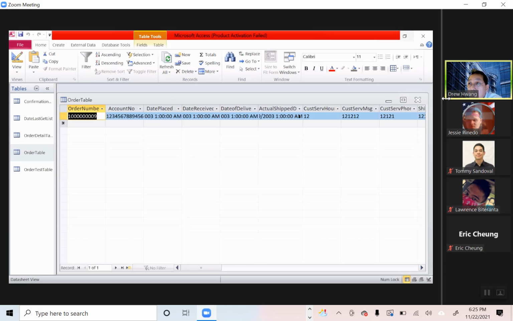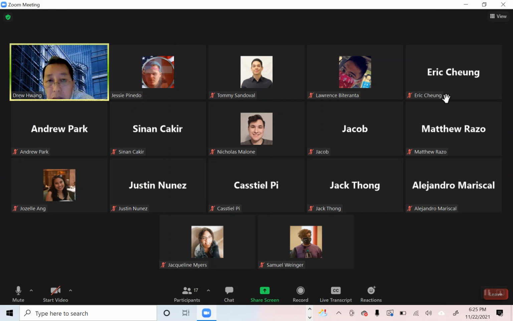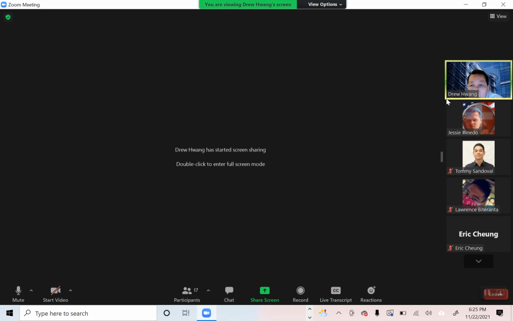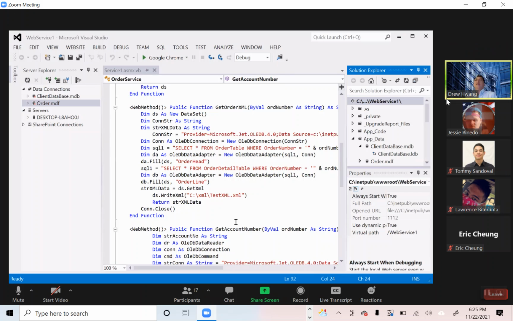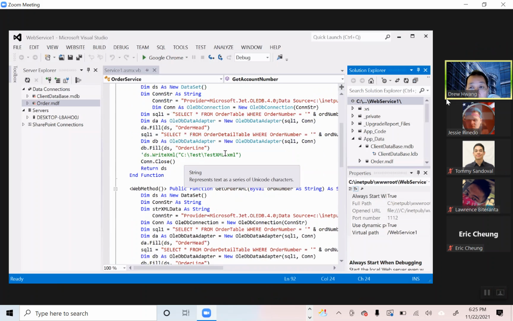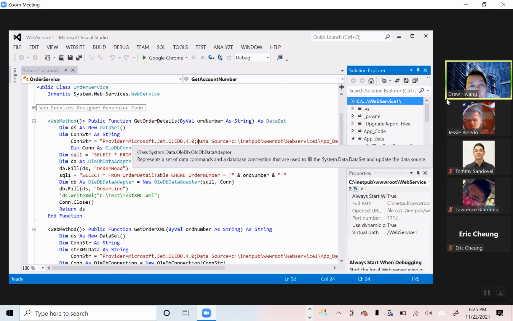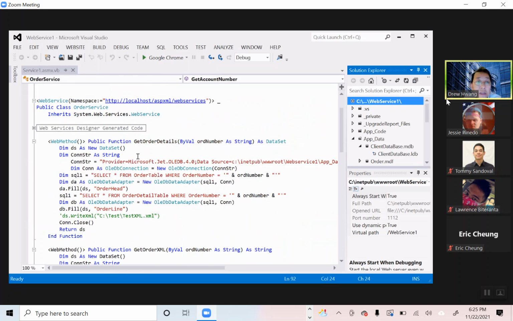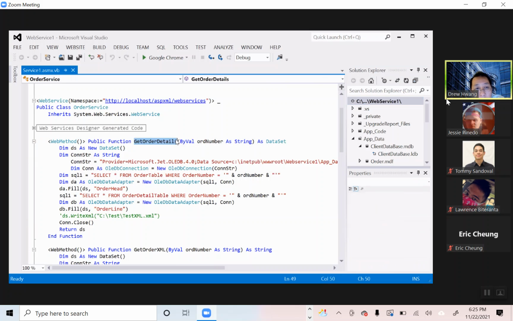So now, on the server side, we have a database containing the order information, and then we create this. Let me make it bigger so we can read it. I created 3 web services. You can get all the detail: give me the order number, and we go to that order and pull out the order head and order line,